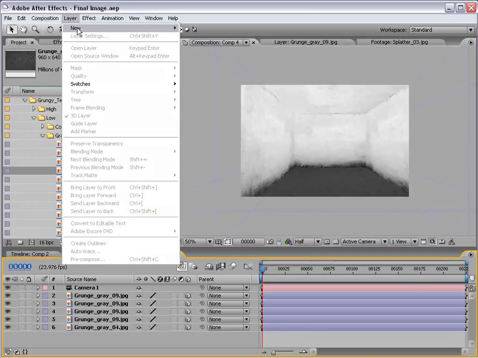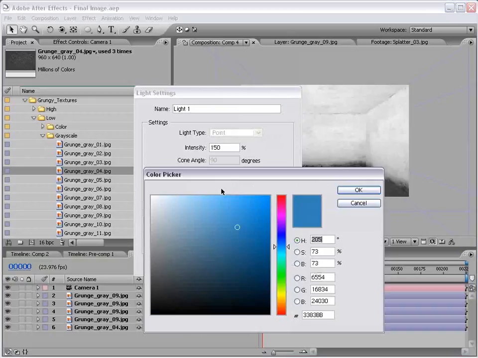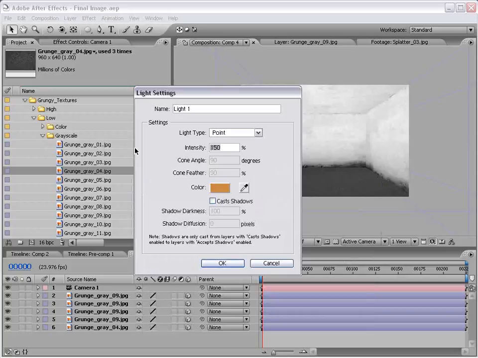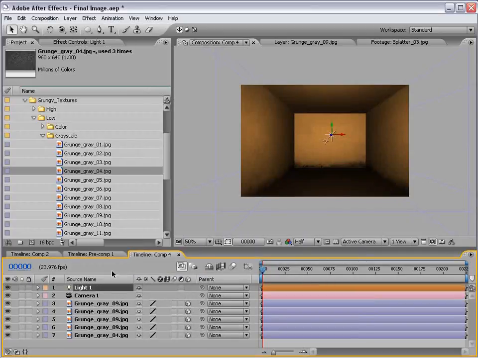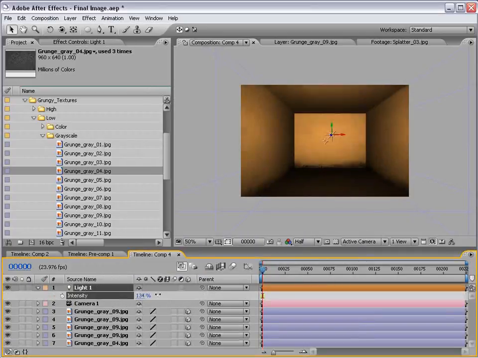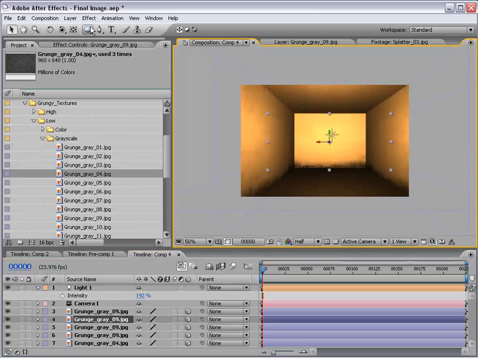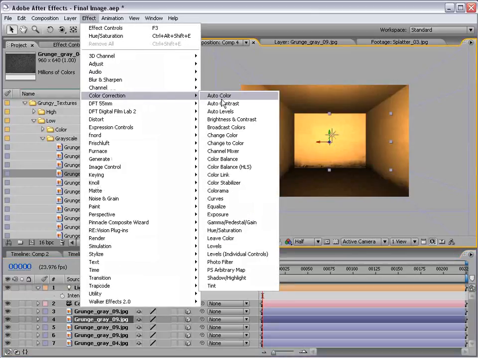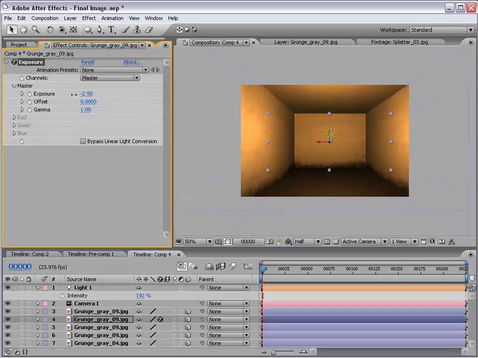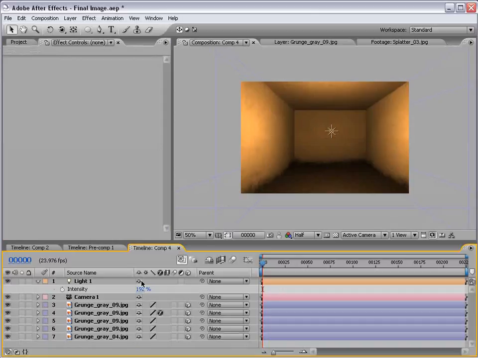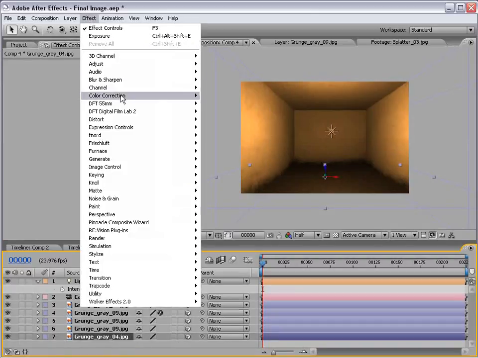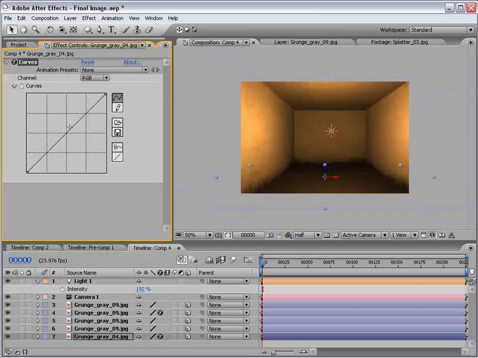And now I'm going to create a new light. And we'll make the light orange, maybe about 100% intensity, and looks like we'll be increasing that intensity. And just like in the previous tutorial, I'm going to take this background texture and bring the exposure down to compensate for the brightness of the light. Let's go and counteract the lighting